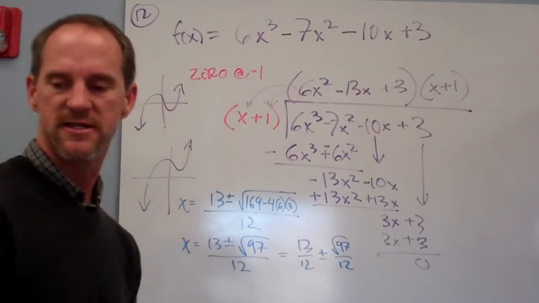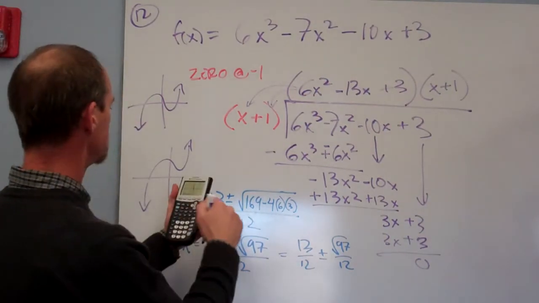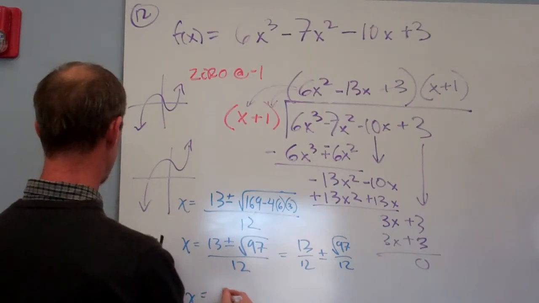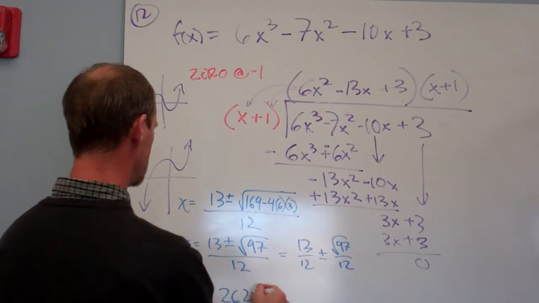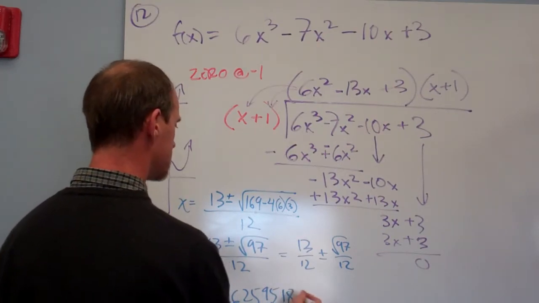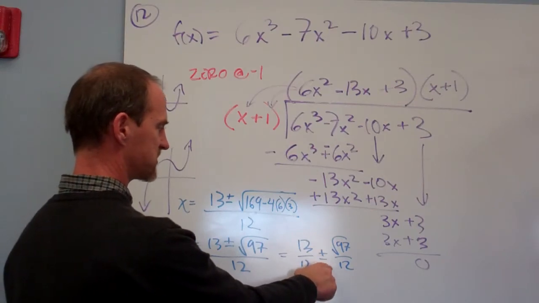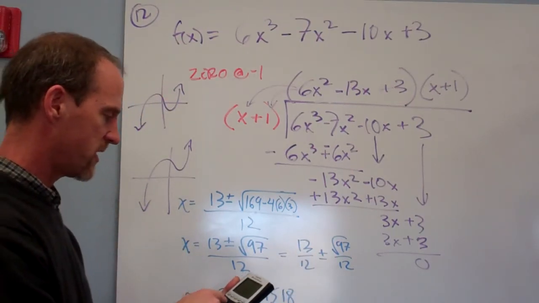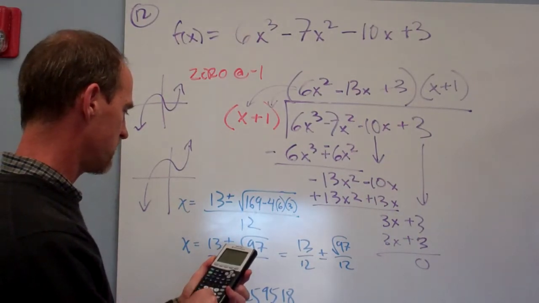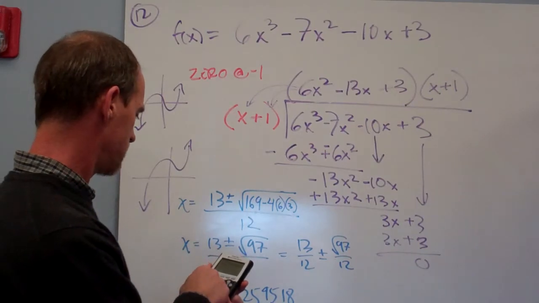Okay, so I could take a calculator. If you remember that original decimal 0 I found when I zoomed in on it was, according to this, x was equal to 0.26259518. This is a little bit more than 1, so if I'm going to subtract that, let's try that. I quit out of it, and I type in 13 divided by 12. I hit enter, and then I'm going to subtract the square root of 97,